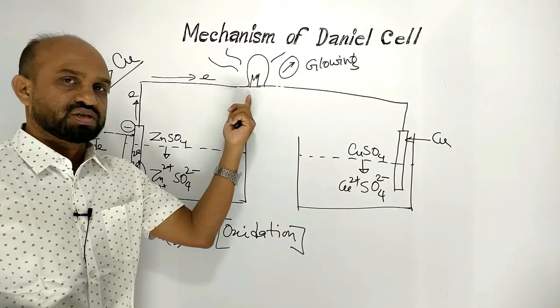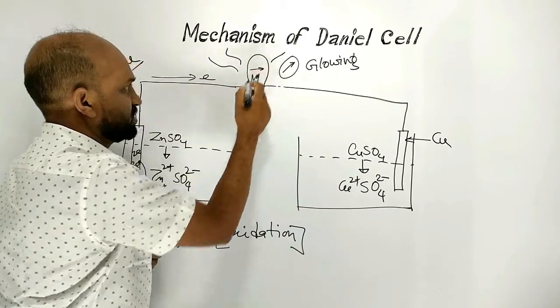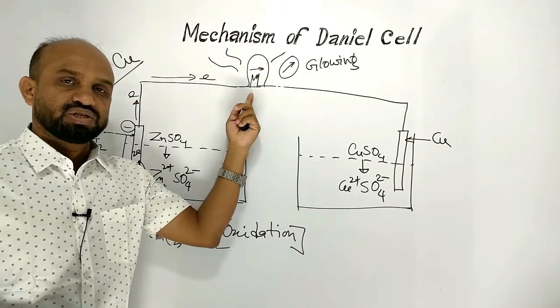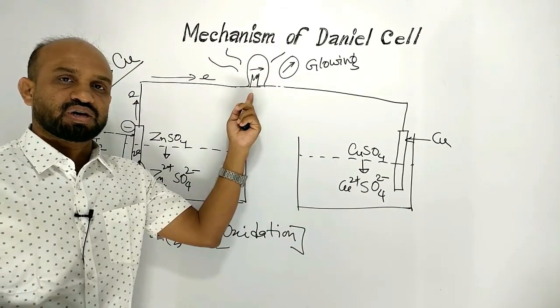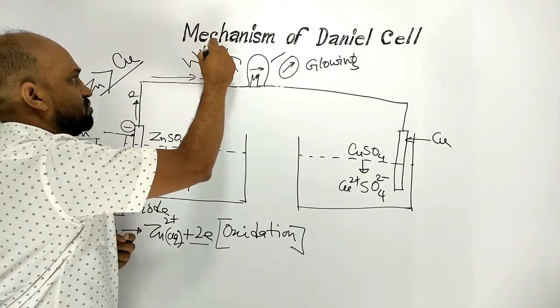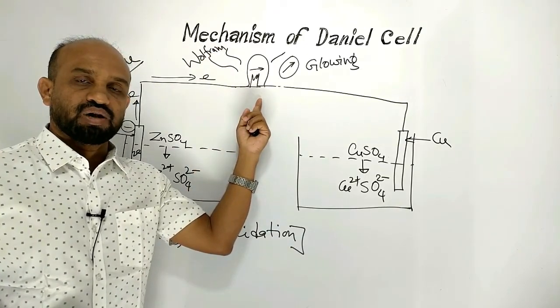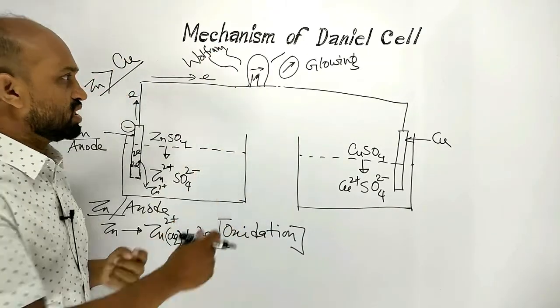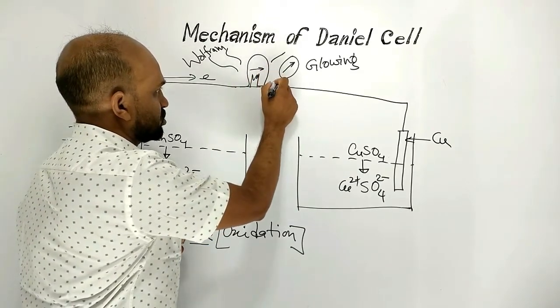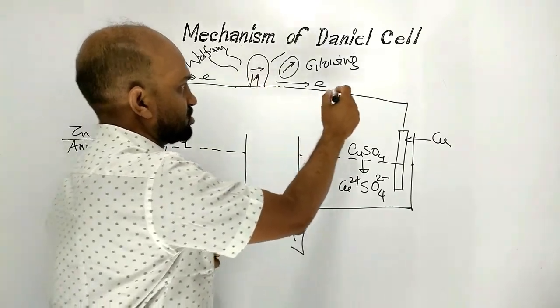At one stage, electrons flow through this filament, which is made up of tungsten, wolfram. And at that time, this bulb glows. And when electrons pass the filament, at one stage,